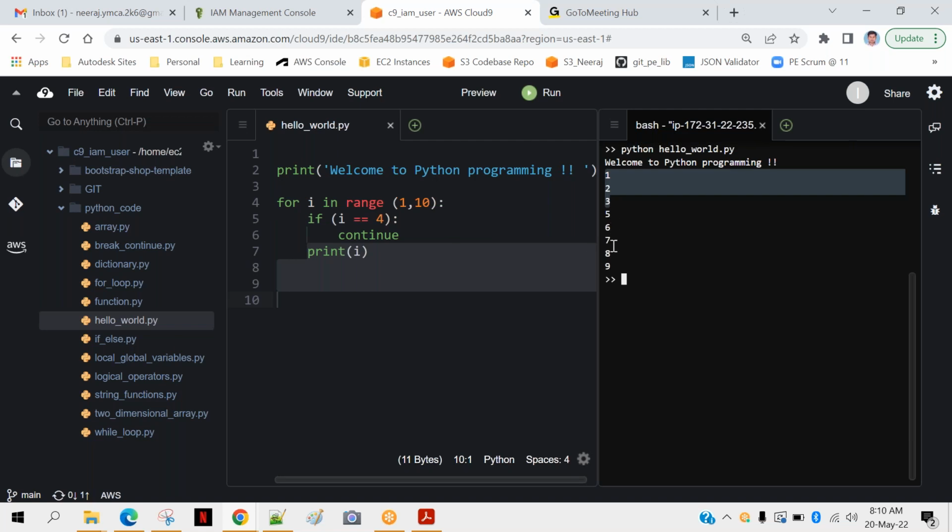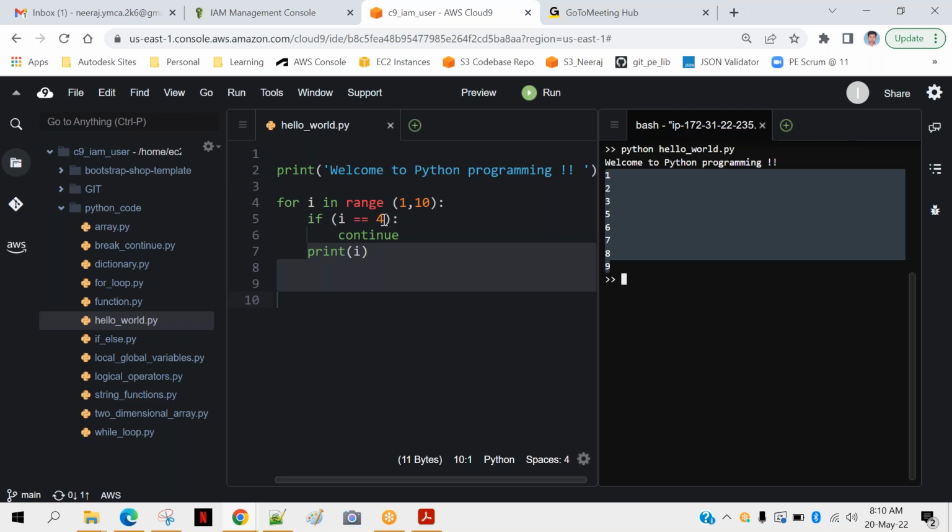And after that 5 6 7 8 9. And a real example I have given is that you want to access all the content of a directory, but you want to access only files. Whenever you encounter a subdirectory, you want to skip it, you want to continue that, you can do that. Or we can do one more thing.